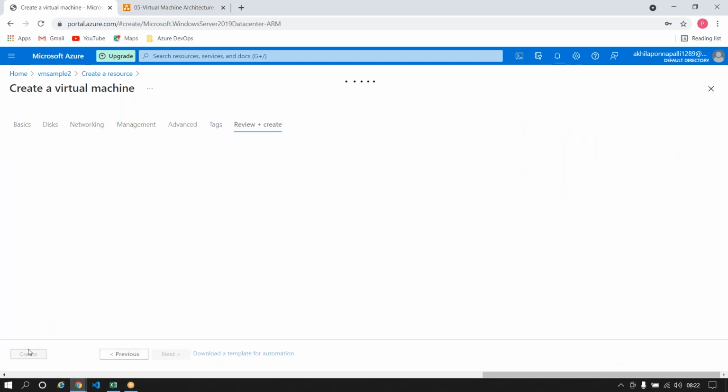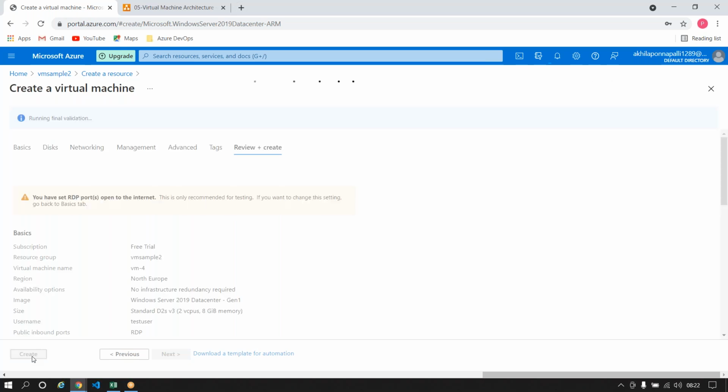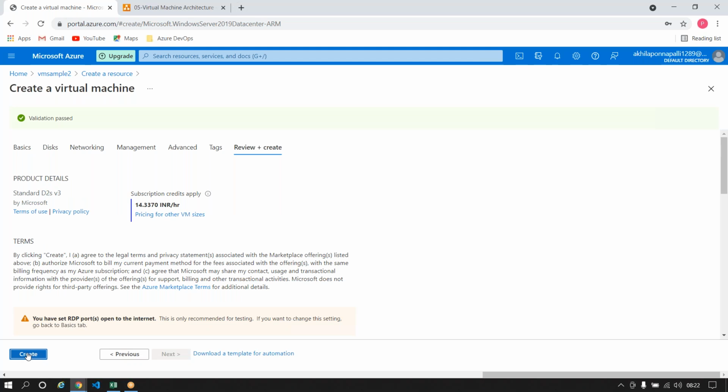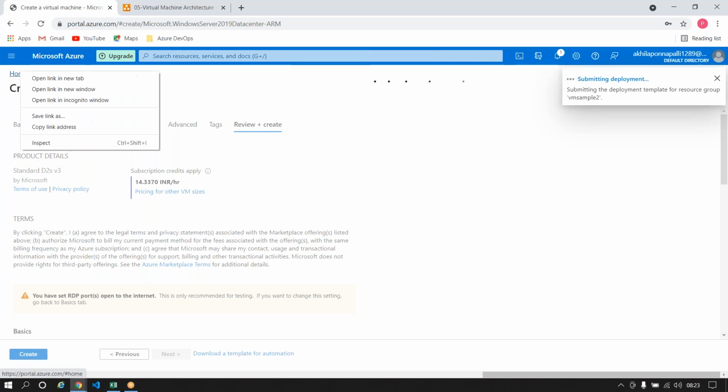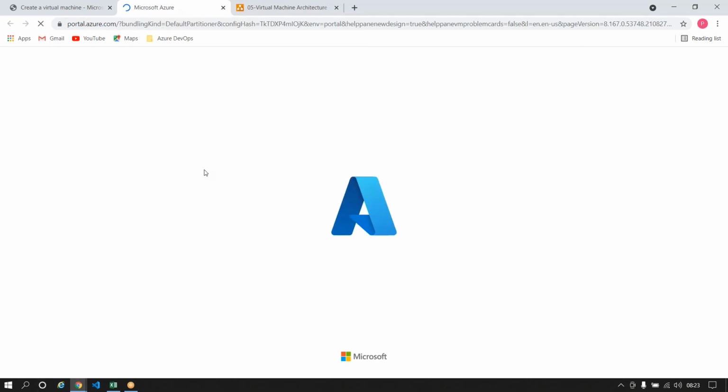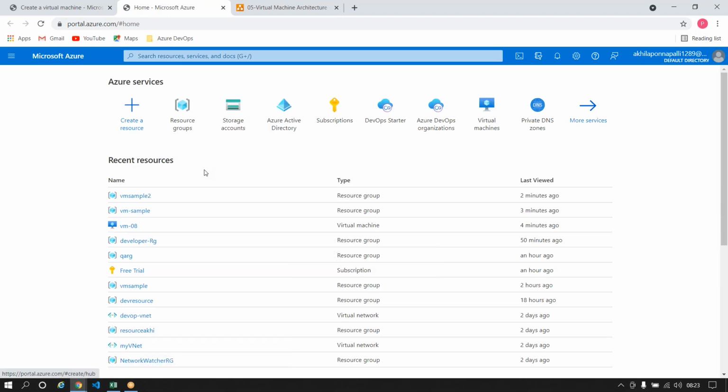Review and create this out. Let's hope that this gets created in like 2 or 3 minutes. There's like 14 rupees and stuff. And one thing is, since we're using a free trial account, there are a lot of limitations. Meaning, if you want to see the number of virtual machines that you want to create in a particular region, what I do is I go to my subscription